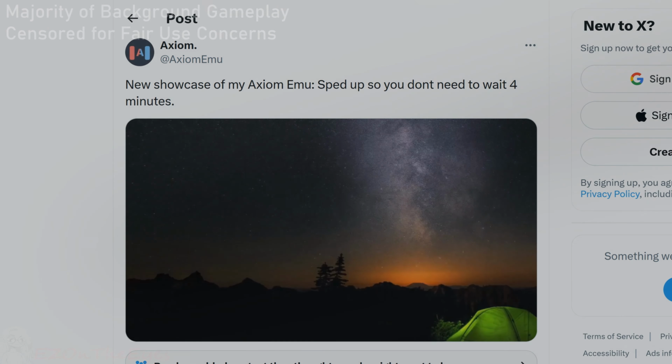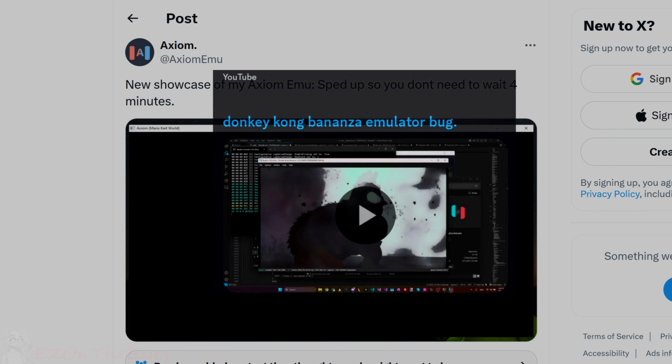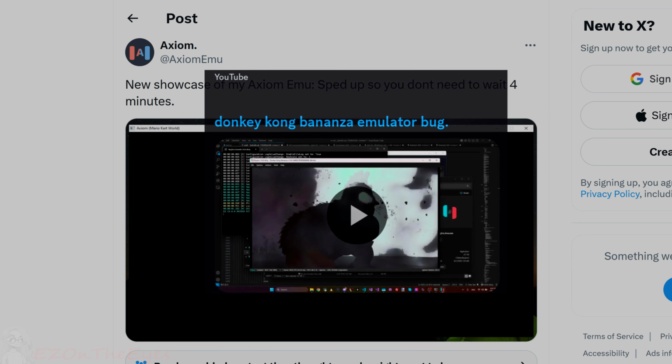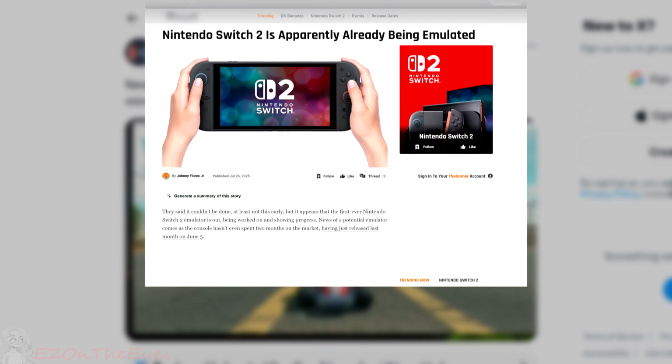Hello everybody. On July 7th, 2025, shortly after the launch of the new console, the Nintendo Switch 2, mysterious footage of games appearing to run on a modified Switch 1 emulator began appearing online. Shortly after news of this broke, I could tell something was up and I began researching this. The following day, after I began my research, the news hit the mainstream media of this supposed Switch 2 emulator.